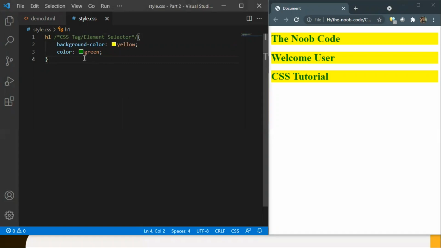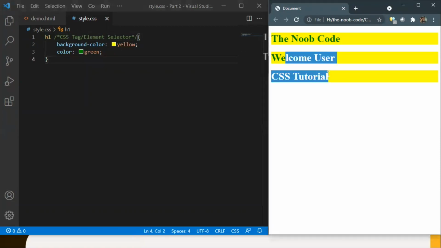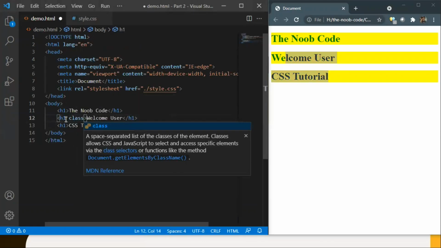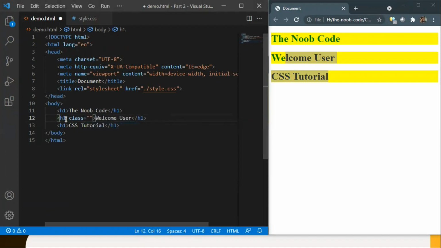Let's say out of the three headings, we wanted to add additional CSS on two of those headings, like putting an underline. Here we can make use of the class selector. We will use the HTML class attribute here. So on the element, we have to define a class name, using the class attribute like class equals, and inside double quotes we will be defining the class name.